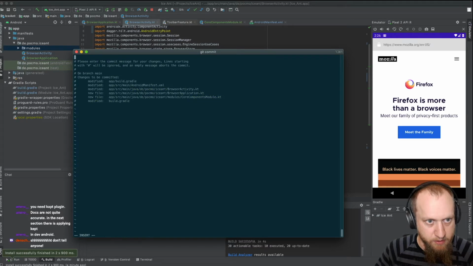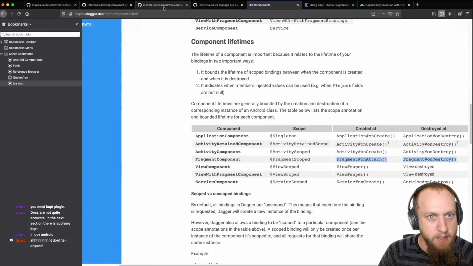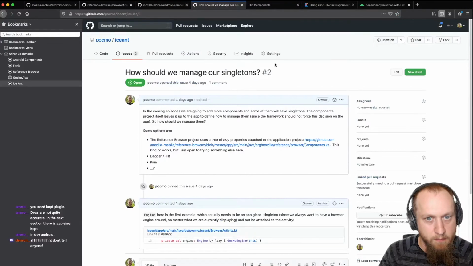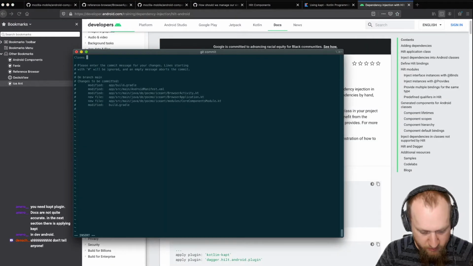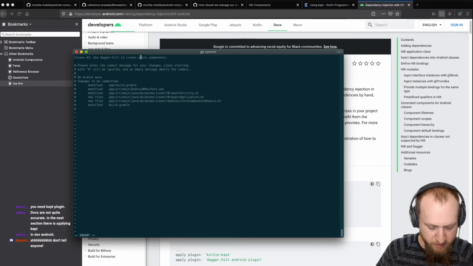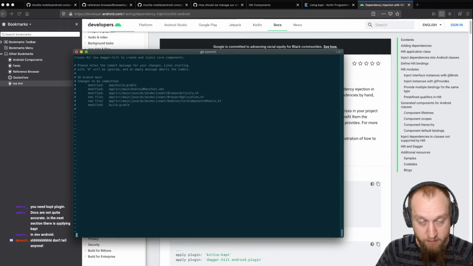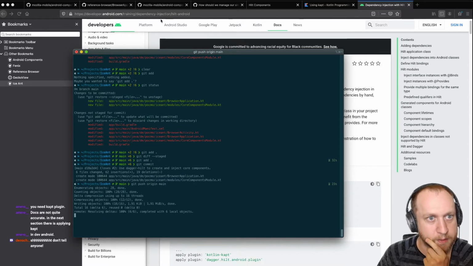Let's commit this. What is the issue number? 2. So closes issue 2. Use Dagger Hilt to create core components, or create and inject core components. Okay, let's push this, and